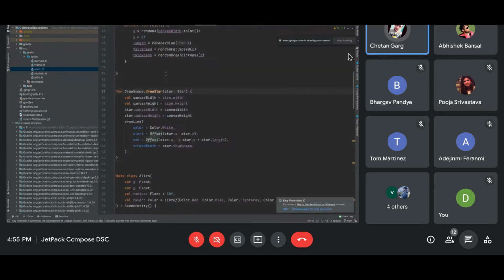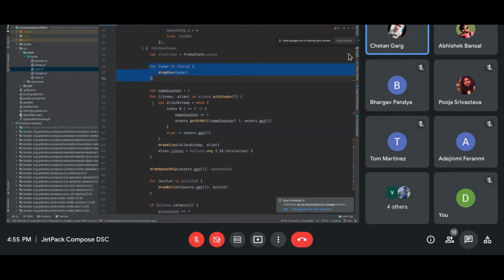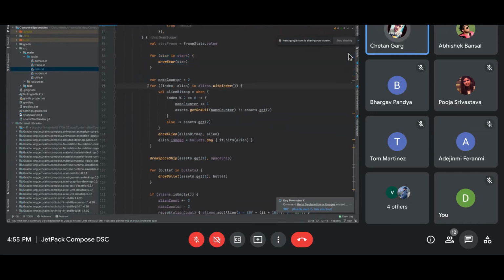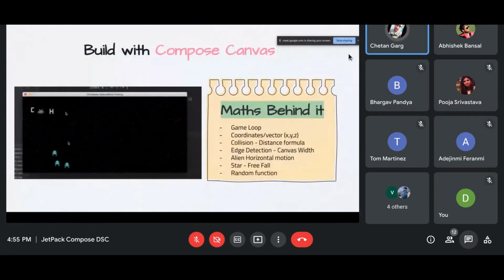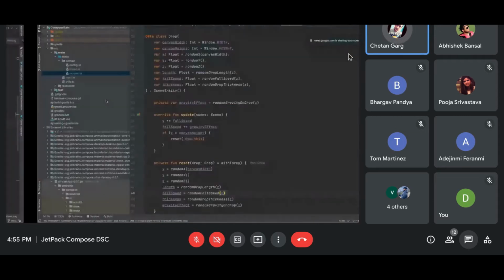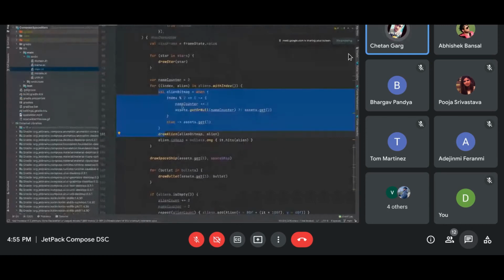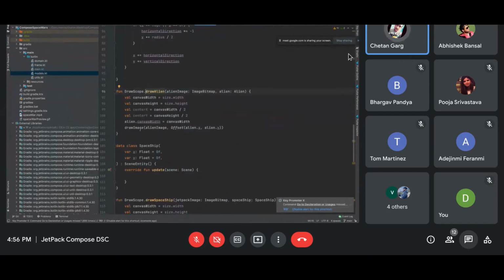You have seen that from the rain example. These are just lines, so there is nothing new to it. Now coming back to the alien, I'm changing my alien bitmap with my name as well. You can see the alien coming, then my community name, CH8 initials, coming up. This is the logic I'm using to toggle my name with the alien bitmap. This function is used to draw an alien. Alien is basically a draw image.